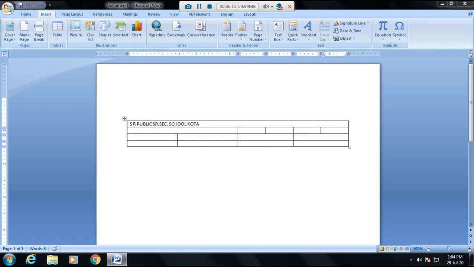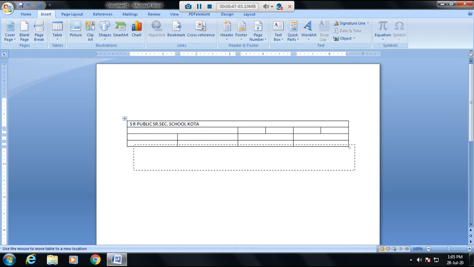So in this chapter we have practically implemented the creation of tables in MS Word, merging, splitting, and increasing the height and width of cells. We can also move our table to any position in the file using the table handle or table option.